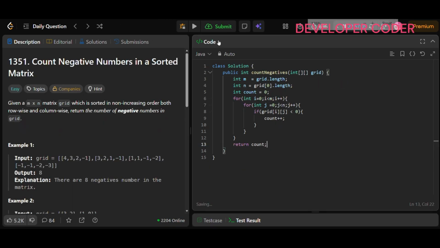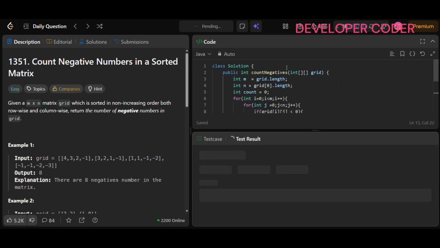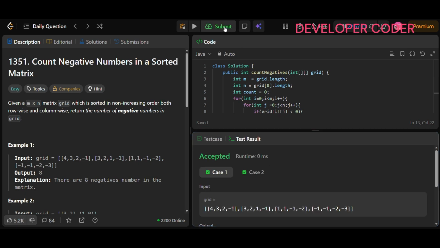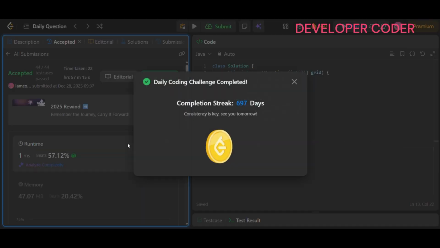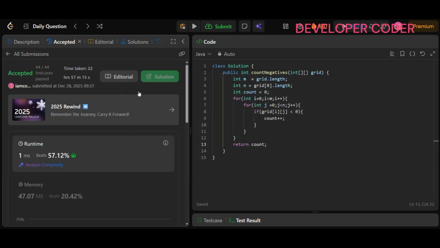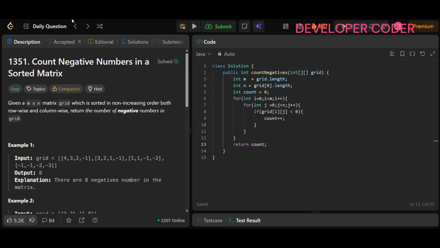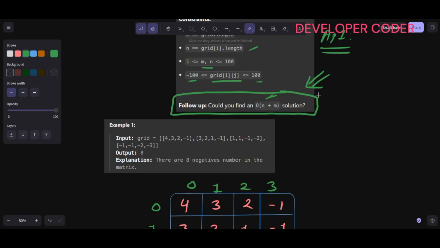Very simple, very easy. But the time complexity is m into n, which we don't want. The solution will be accepted because the constraint size is very small. So see, solution accepted. But now we have to optimize it further. Approach 1 is done and dusted, but the time complexity is m into n, since we are iterating over all the elements. Now in my approach 2,